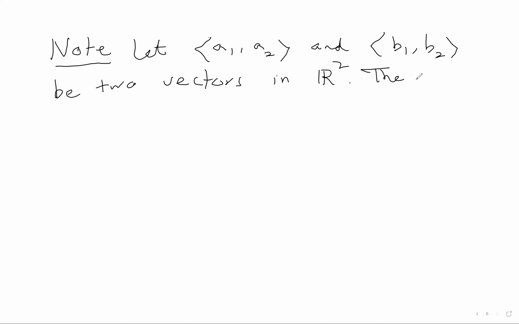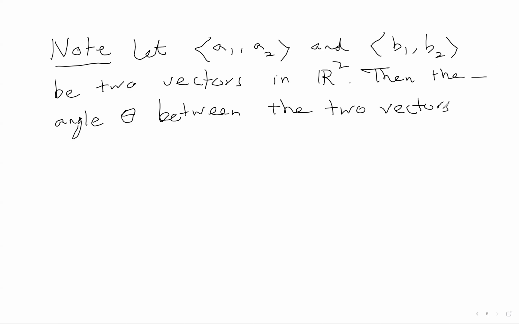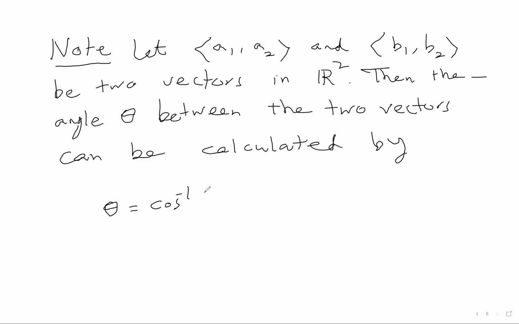Then the angle theta between the two vectors can be calculated by this formula. Theta is cos inverse of